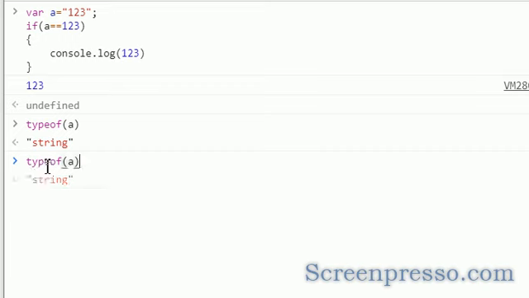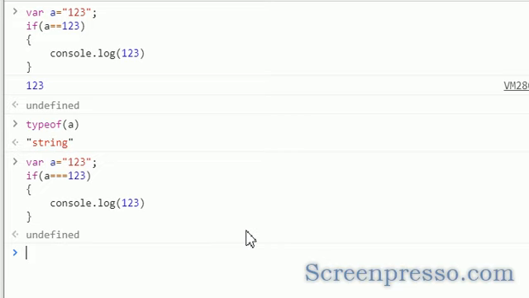Even with the same code, if you use triple equals, it won't work, because the implicit conversion also won't happen. The a still has the type of string, and 123 has the type of number, so it won't return anything. This is called implicit, meaning we are not doing anything to convert from numeric to string or string to numeric. Internally it has some logic to do the conversion at that time.